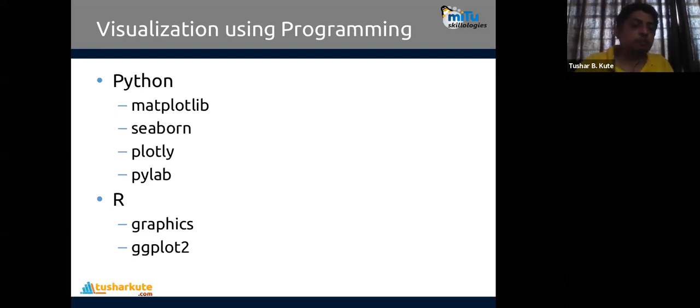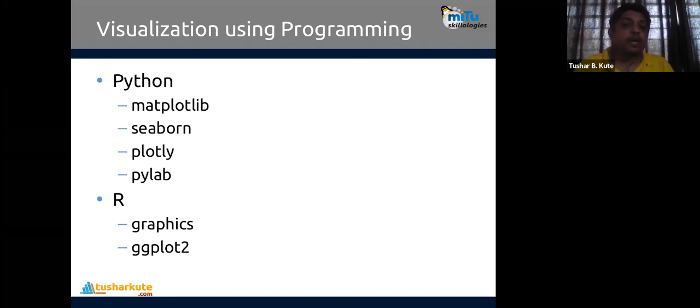That also we will see. Then Plotly is also one of the libraries, but not that popular yet for visualization, because the abilities of Plotly are the same as those of Matplotlib. Fine. And then Pylab. Pylab is a supporting library for Seaborn and Matplotlib. But in all, Matplotlib is the base library for the Python programming language. Remember, Seaborn also works on Matplotlib. Plotly also works on Matplotlib.